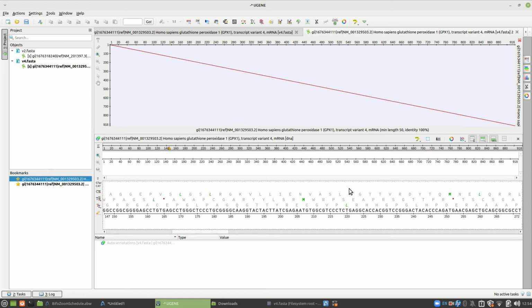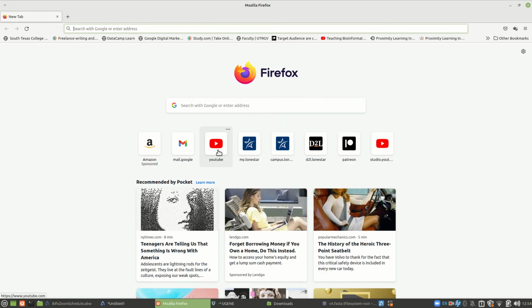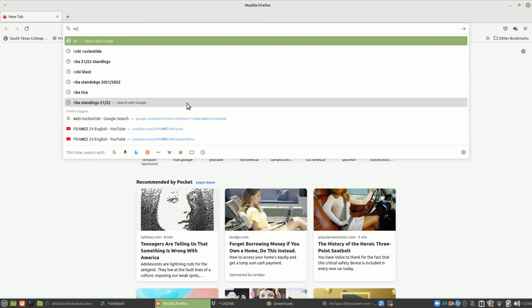However, let's go look, and we can cheat. We can go find the protein. So I'm going to do that real quick. We're going to see the protein for variant 4, and check to see if indeed it is that very small little protein that's made. We're going to check and see if the sequence looks the same as the one we just chose there. All right, so let's go to NCBI,